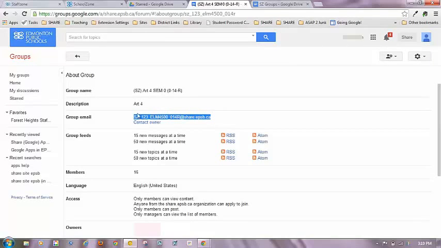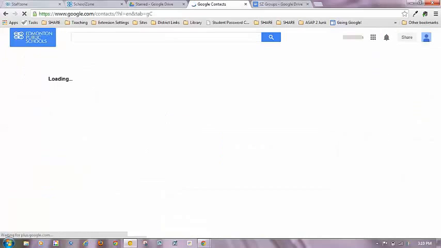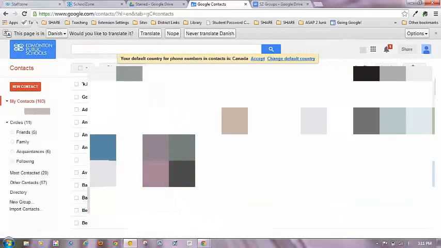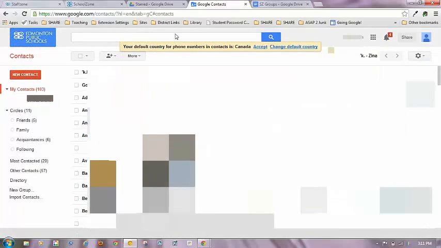Still copying this email account, you can go back up to your Google Apps up here in the grid, click on the grid, and go to your contacts. Here is where you can customize the name of this group to show up in your contacts as a name specific to you, so you don't get overwhelmed with all those school zone groups. This is more work, and the other way will work just fine, but I wanted to show that this is an option. So what you do is you basically make a new contact,